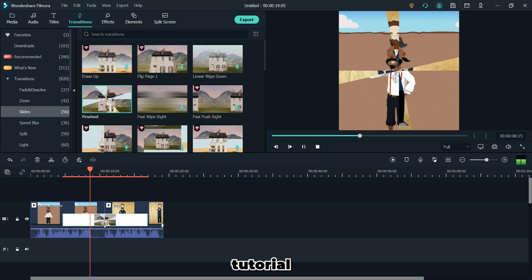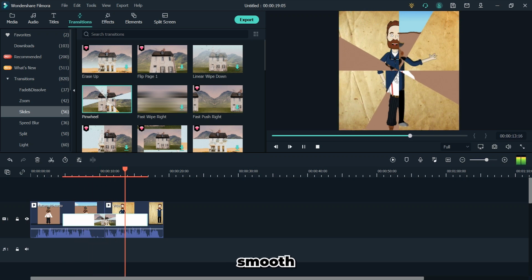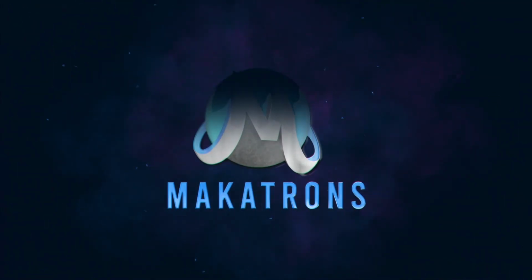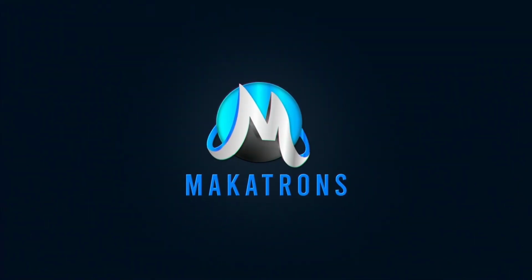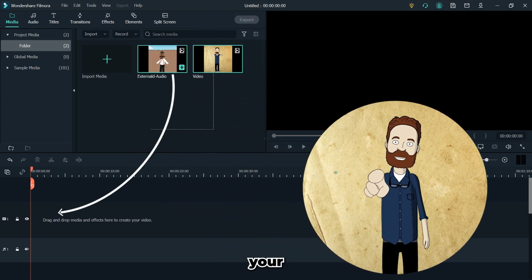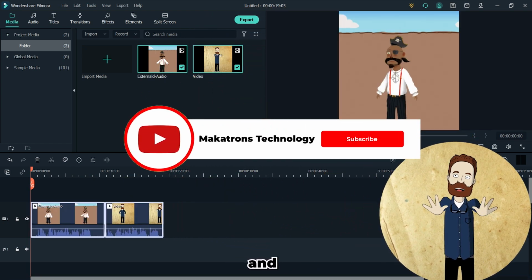In this tutorial, I'll guide you step by step on how to add smooth, professional transitions in Filmora X. To add transitions in Filmora X, first drag your videos and images to the timeline and arrange them in the